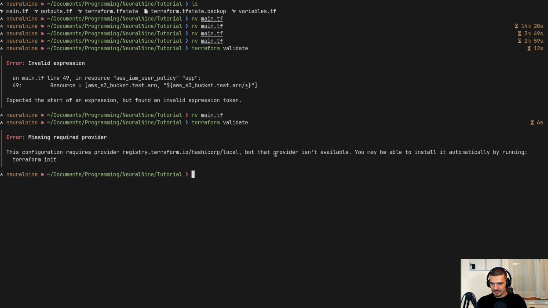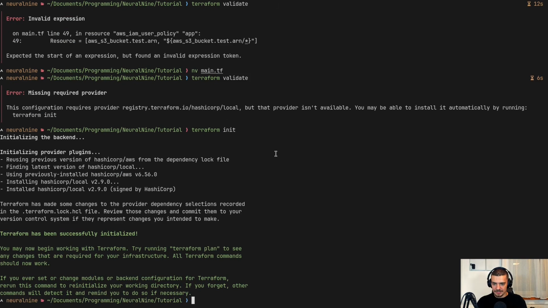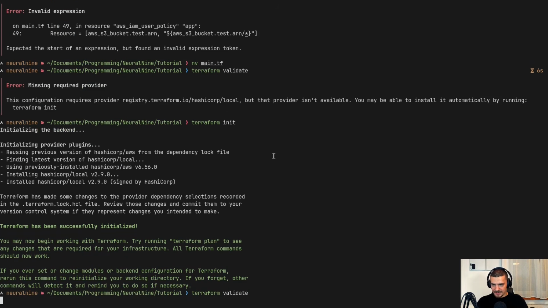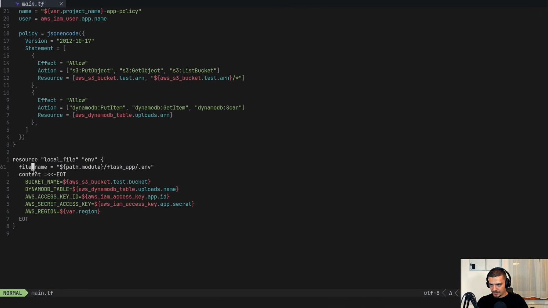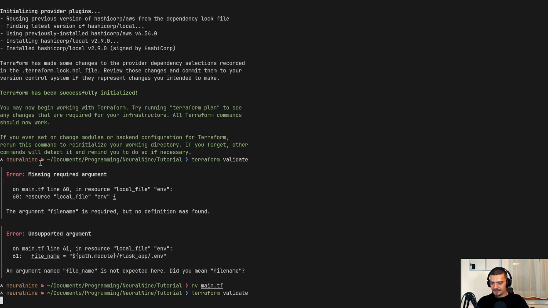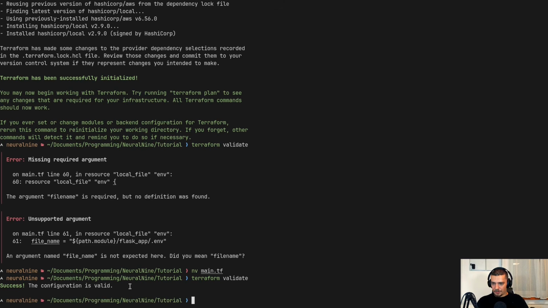And now if I do validate, this gives me missing provider. Okay, that's obviously because I'm using local file now. So I need to do terraform init again to be able to do the .env export. But besides that, I think we should be good. Okay, no, we have one more mistake. I provided file_name. This should actually be filename. So we can also fix that. And now we're good. The configuration is valid. So this is a very useful command, validate. As you can see, I'm a person that if I code myself with my hands, I oftentimes mess up little typo things like an underscore instead of just filename. And validate just tells you that your file is valid.